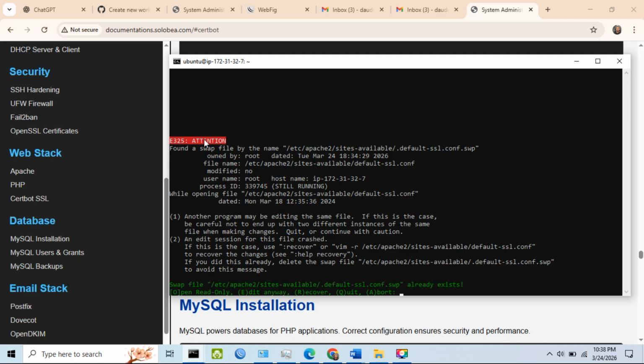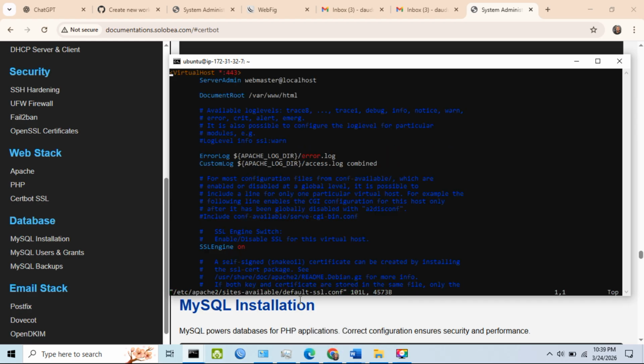Okay, this file was being edited with a different account, so it has this swap file. Do I need to override it and terminate the user that already opened it? The option is here, either to open read only, or